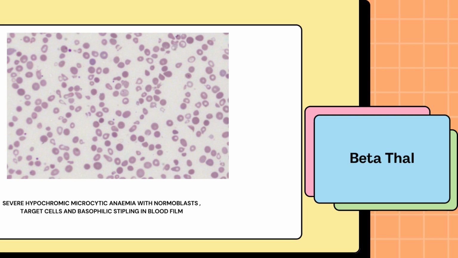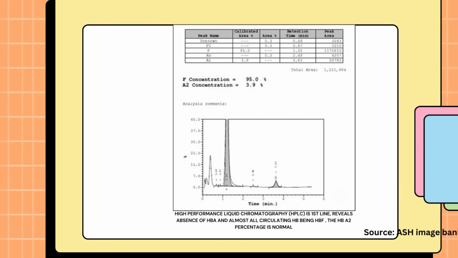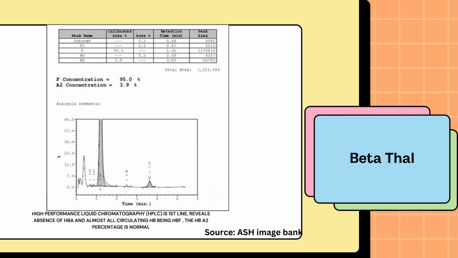High performance liquid chromatography is also a diagnostic method which identifies the different variants of hemoglobin, especially when more than one type exists together. So the general method is that the hemoglobin is ionized and absorbed into the column, and it's eluted by means of a gradient of increasing ionic strength. And as the eluate passes through a photometer, it measures a change in absorbance, and so you get different peaks